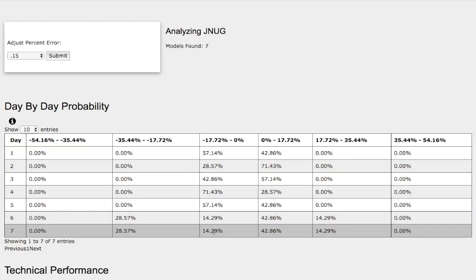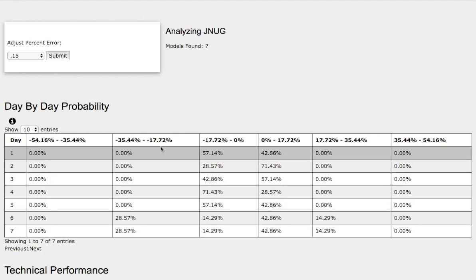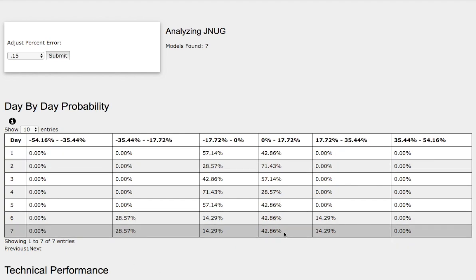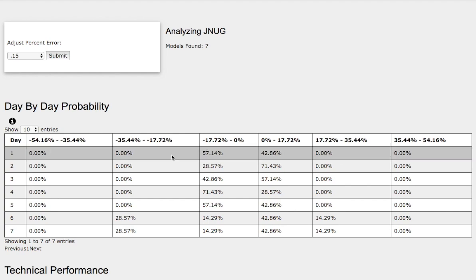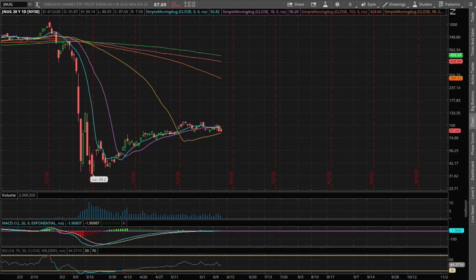And to the downside, we have a 14% chance for JNUG to fall between 0 to negative 18%. And further extreme case to the downside, we have a 29% chance for JNUG to fall between negative 18% to negative 35%. So let's say if JNUG were to climb higher between up to 17%, that price level is roughly around the range of,